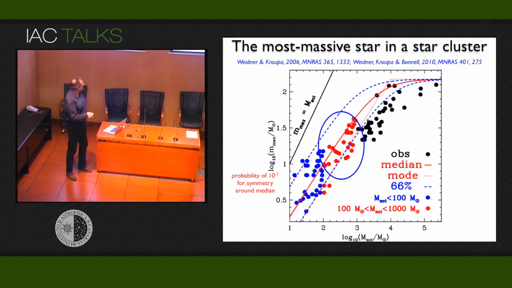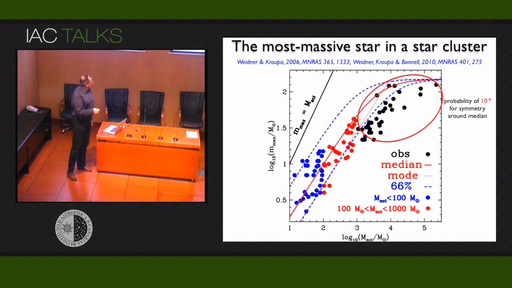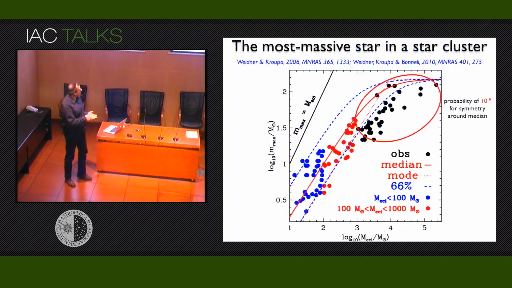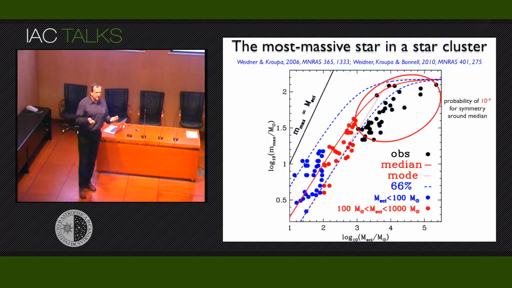If you look at the intermediate mass sample, between 100 and 1,000 solar masses, they are obviously not very well distributed around the median. The probability for symmetry about the median of this population is very small. And if you look at the very massive clusters, most of them are outside the range where 2/3 should be. This is extremely unlikely. Therefore, we concluded that there is a non-trivial relation between the mass of a star cluster and its most massive star. It could be feedback related, that if you have a cloud of a certain potential,